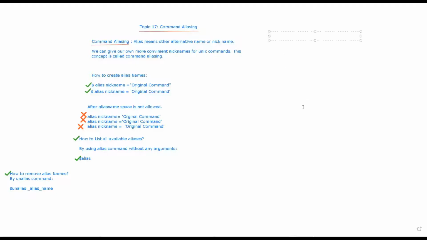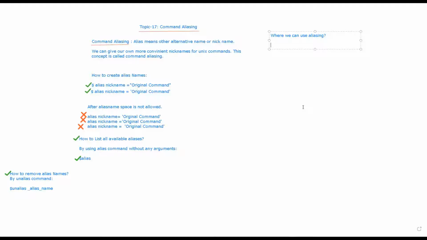Suppose, where can we use aliasing, right?